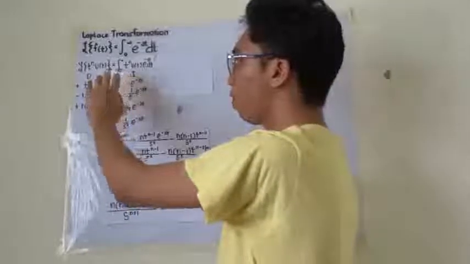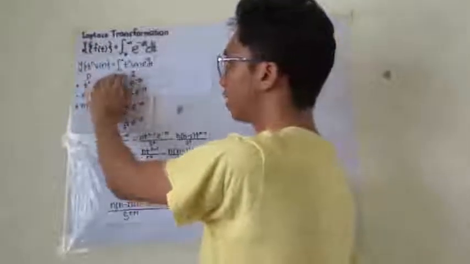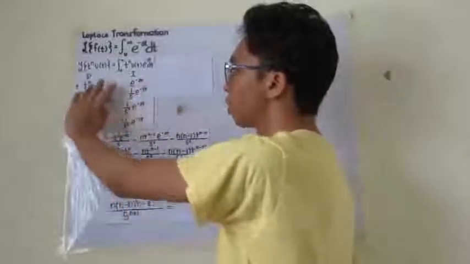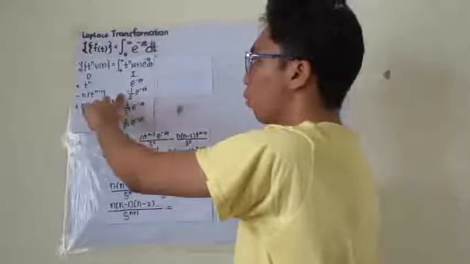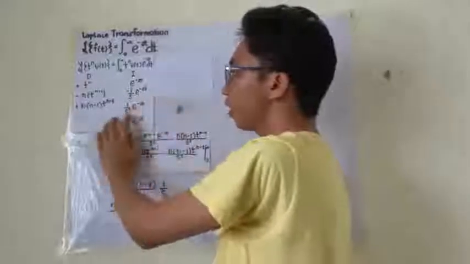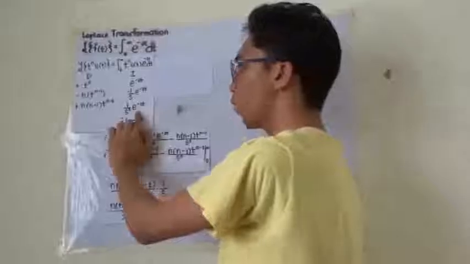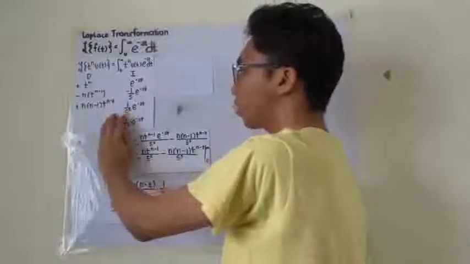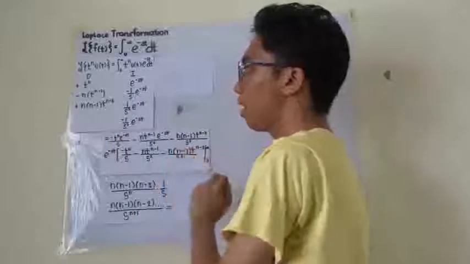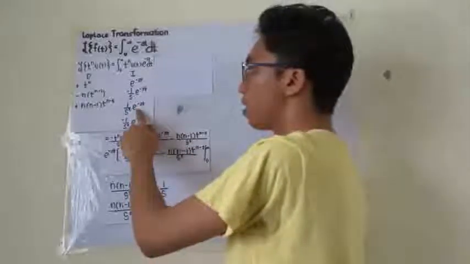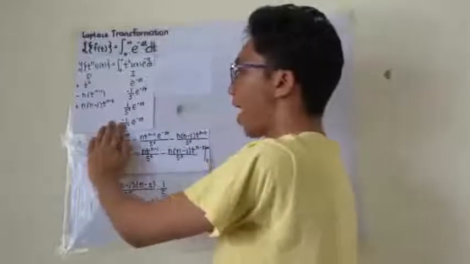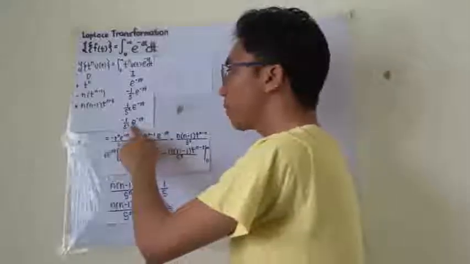Another part of the tic-tac-toe is the integration of e raised to negative st. So integrating, we have negative 1 over s e raised to negative st. Integrating it again, we have 1 over s squared, positive since it is both negative when we use the power rule, times e raised to negative st,